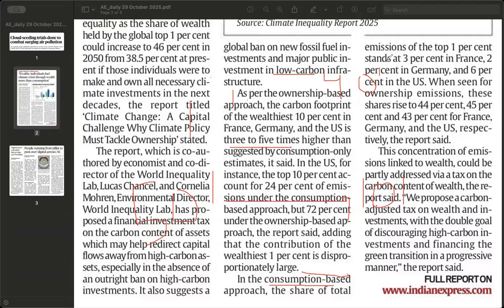It says that there should be a global ban on new fossil fuel investment. जो न्यू फॉसिल फ्यूल इन्वेस्टमेंट है उस पर ग्लोबल बैन होना चाहिए. ओके, and more public investment in low carbon टेक्नोलॉजीज, जहाँ पे कार्बन कंजप्शन, कार्बन का यूसेज, कार्बन एमिशन कम है, ऐसी जगह पे इन्वेस्टमेंट ज़्यादा होना चाहिए. और एक और चीज़ बोला है कि कार्बन टैक्स ऑन वेल्थ, so that people who invest in polluting industries,